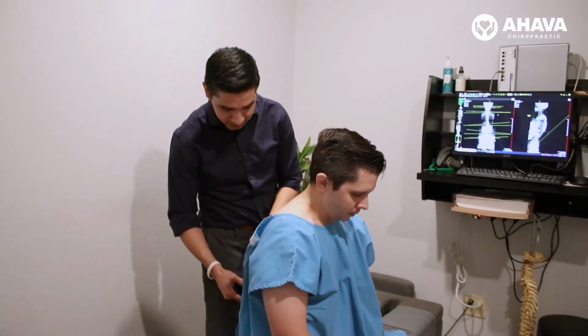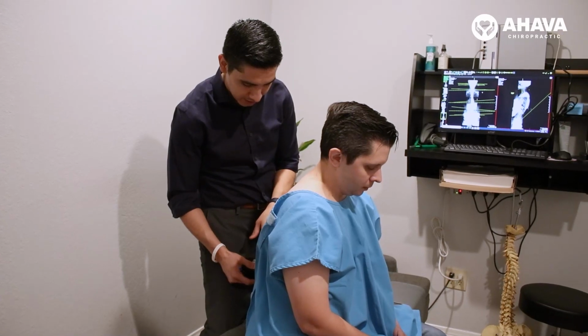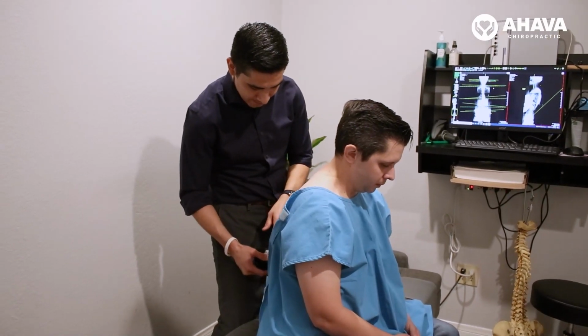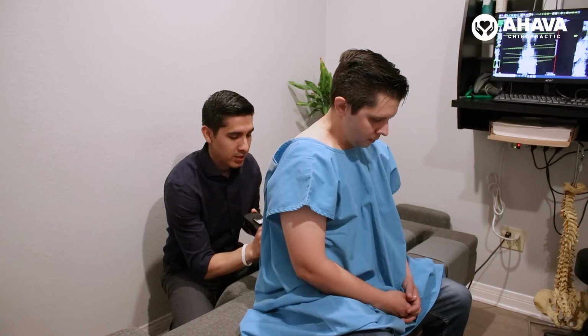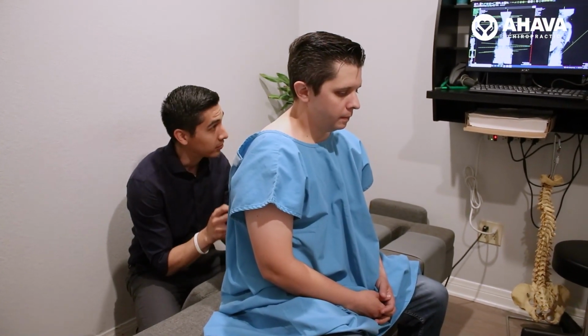Yeah, the good thing about the x-rays is it actually helps me to track where I'm scanning your spine, because you've got a little bit of curvature on that left side here. Sure. Okay. So we're looking more towards the mid-lower back area here, and that's going to be your L3, L2